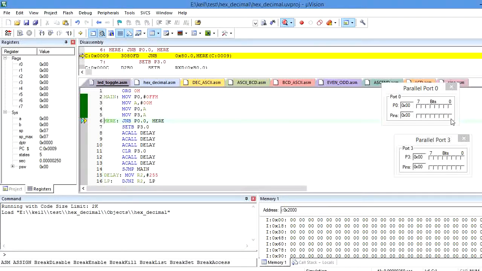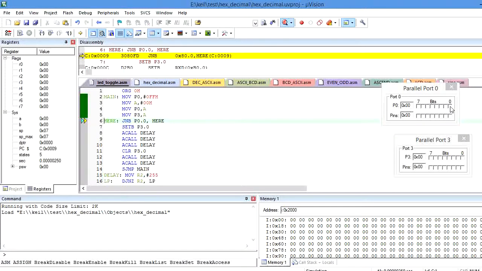Whenever my switch is closed, only then the LED will turn on at the port 3.0 pin. So here the condition called JNB P0.0 indicates I need to monitor the port 0, pin 0, whether it is closed or open. Closed indicates the port 0, pin 0, should be 1.